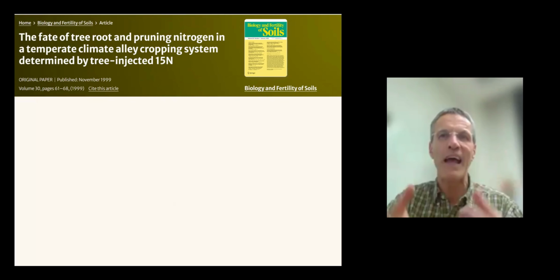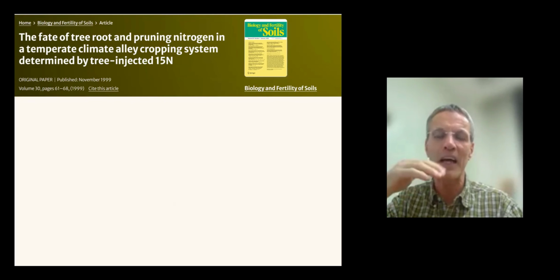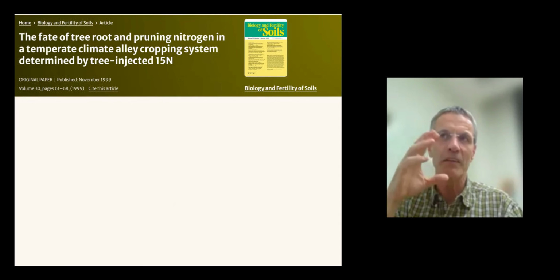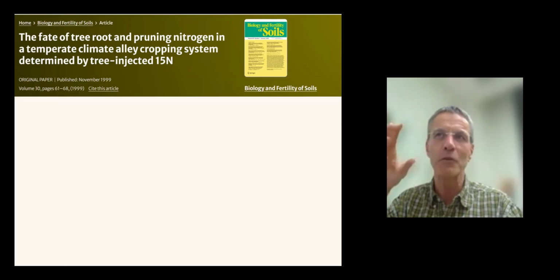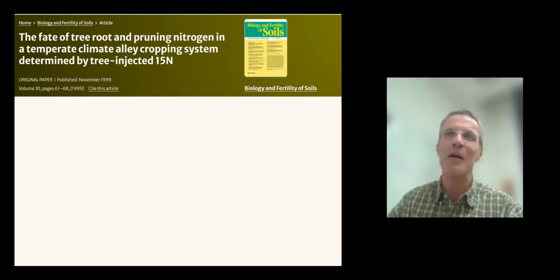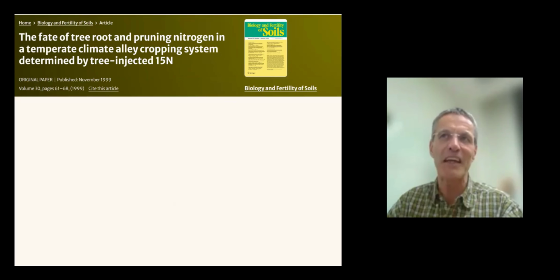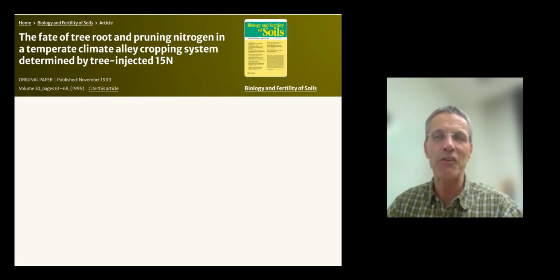Nitrogen occurs naturally with different isotopes. It's mostly N14, and it has to do with the weight of the atom and the number of neutrons in the atom. But in any case, it's mostly N14, with a little bit of N15, and it doesn't damage the plant if you put more N15 into the plant.